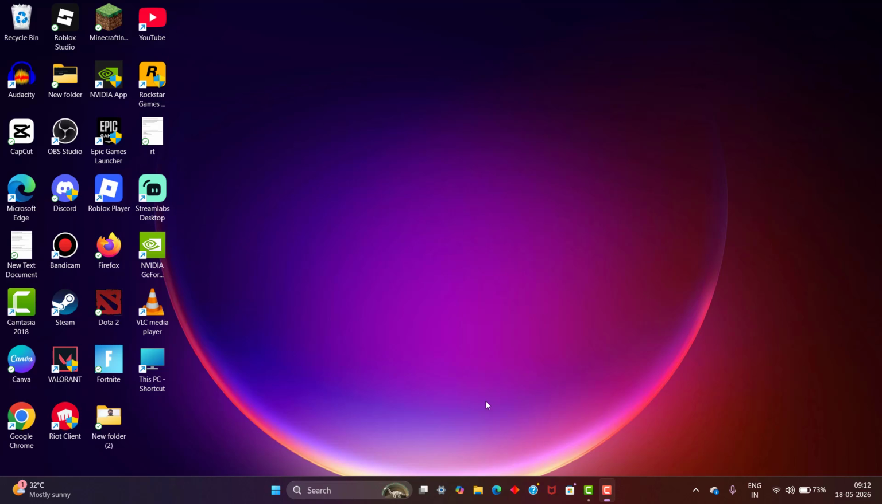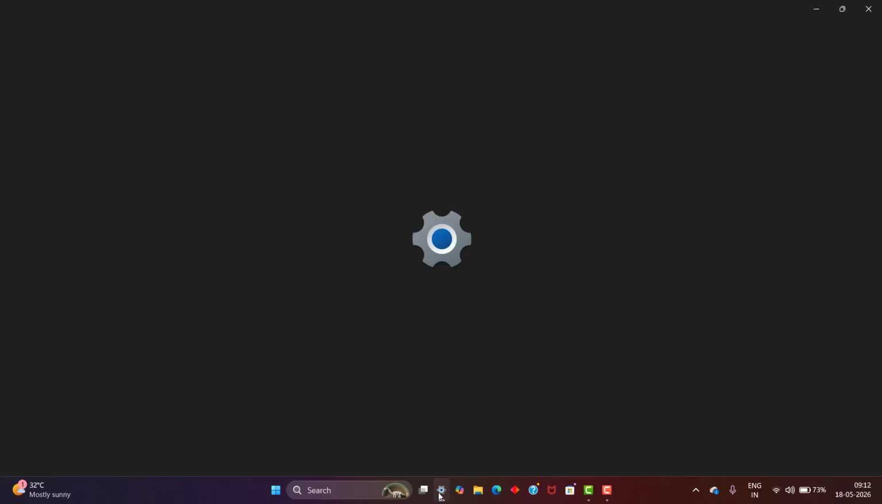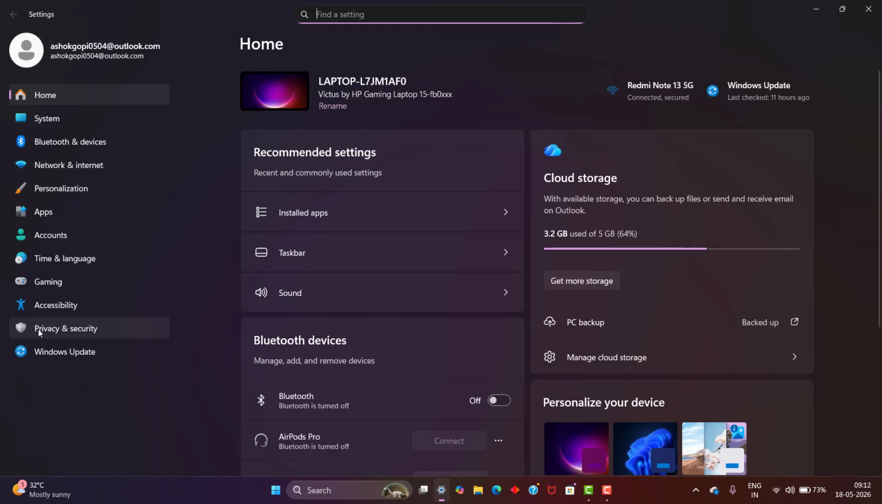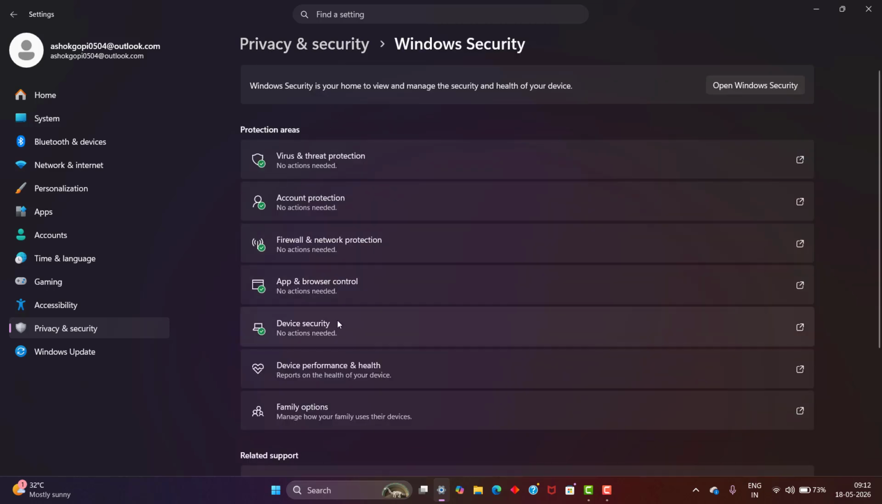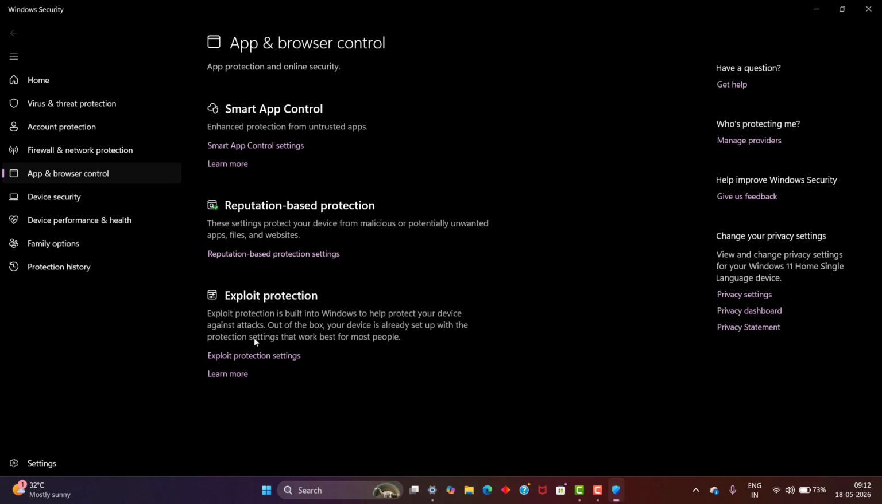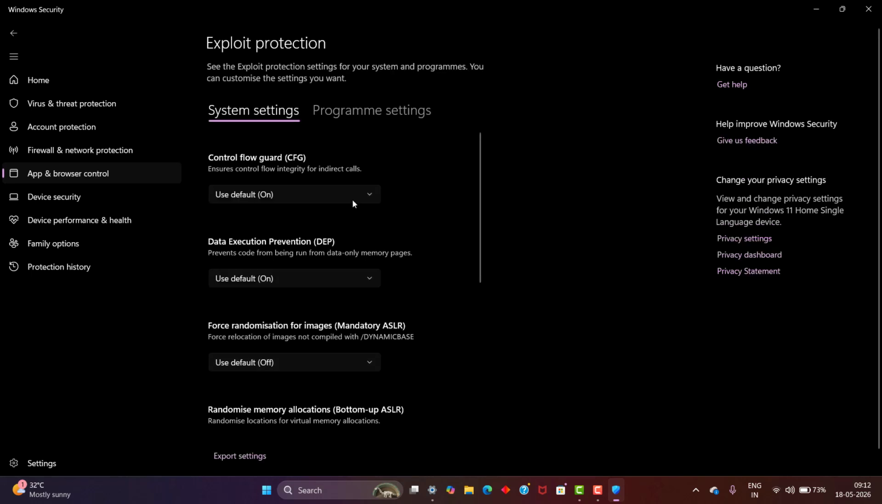First open up the settings, scroll down, click privacy and security settings, click Windows security, click apps and browsing control. This page will appear. In this you need to click exploit protection settings, and you will see the first